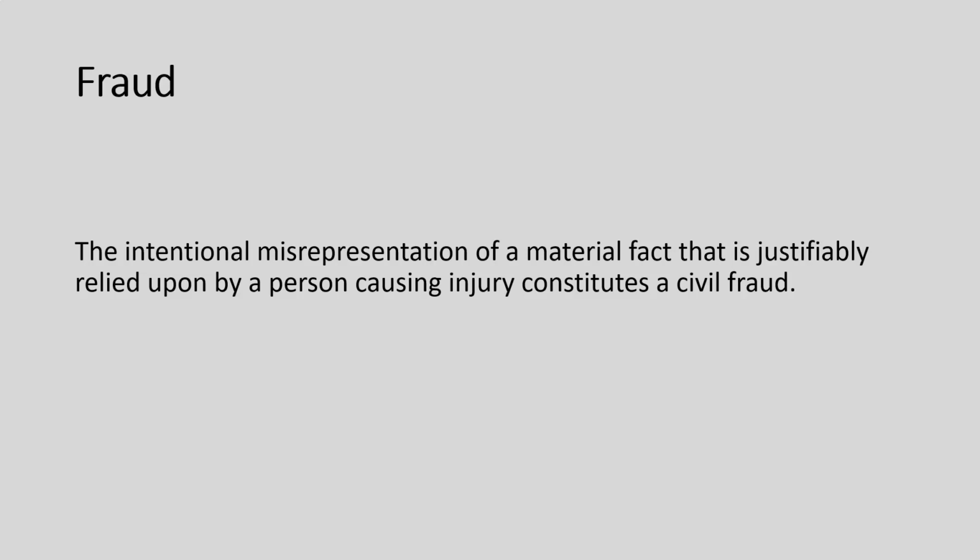Now, you may remember we talked about different standards of evidence in civil claims, and we talked about the standard of evidence called preponderance of the evidence. And that literally meant that it's more likely true than not true that the defendant did something that harmed the plaintiff. But when it comes to fraud claims, the plaintiff must not only show the existence of preponderance evidence, it's actually elevated to clear and convincing evidence. It's a higher standard against a defendant when it comes to intentional misrepresentation of facts.